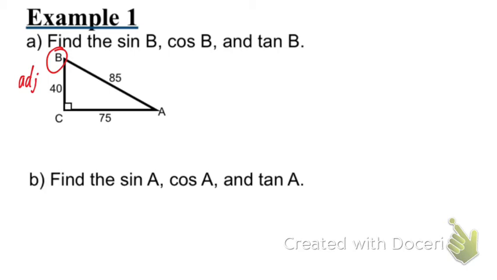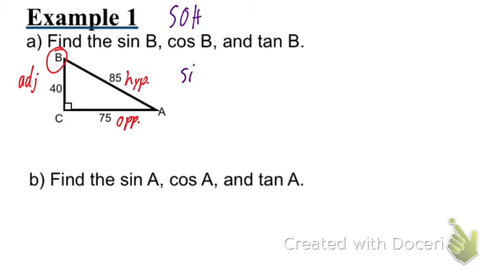Okay. What would 75 be, the opposite or the hypotenuse? Opposite. OPP. And what would that leave 85 to be? The hypotenuse. So for angle B, we have the adjacent leg is 40, the opposite leg is 75, and the hypotenuse is 85. So sine, that's our SOH,